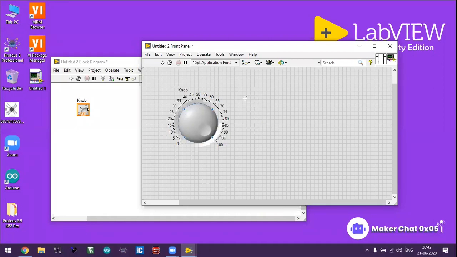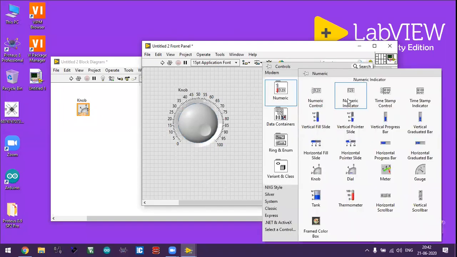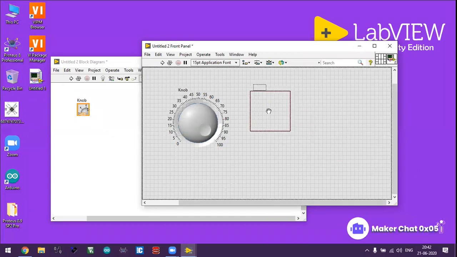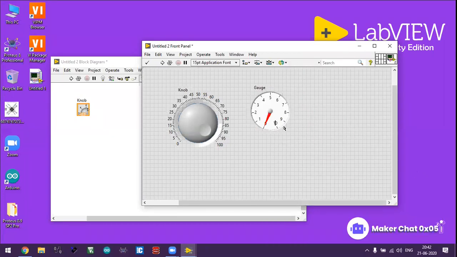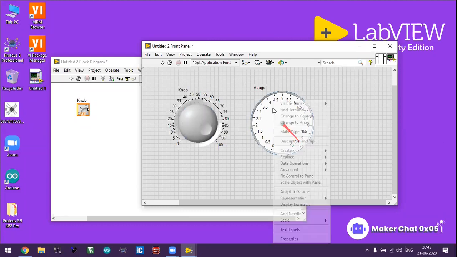Now I have to put this value onto a simple numeric gauge. See, we are going for a different thing. I have to, like our bike or a car odometer. So whenever this value is changed, this value can also change.